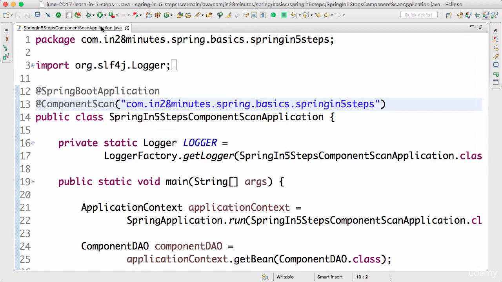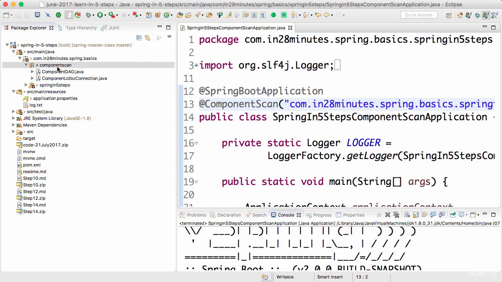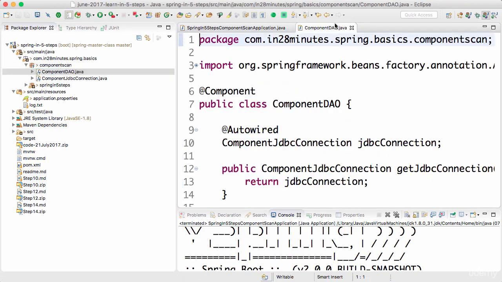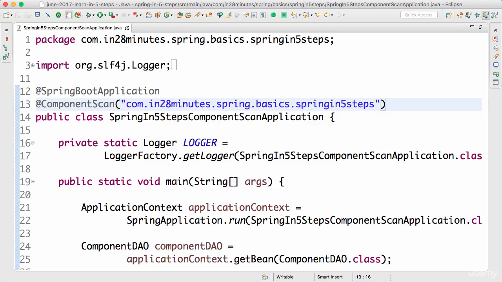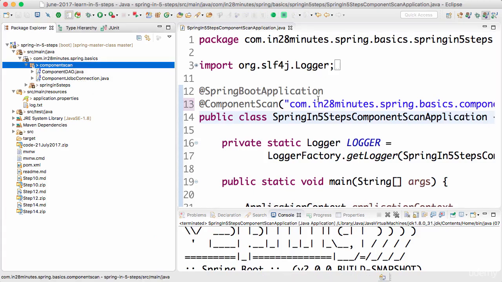So here I would want to pick up the component scan package as well. I'll go to the component DAO, copy this and put it in here. Now we would scan this package for components.